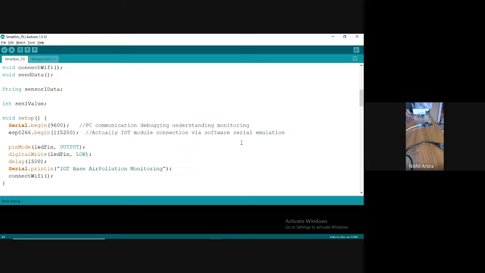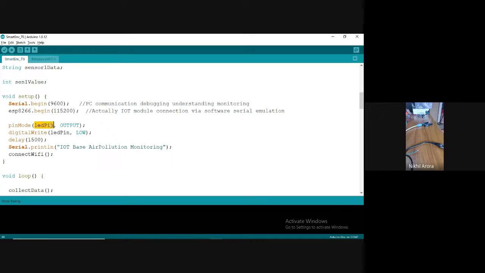What is the meaning of emulation? See, there are two words: simulation and emulation. Simulation is when a real world thing is converted into software, a simulator. Emulation is when a real world, physical thing is done by some other physical thing. That's called emulation. Hardware replaced by some other hardware.